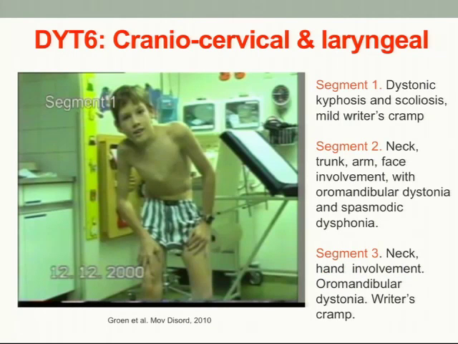As I mentioned, DYT1 would be a condition where you think of dystonia at onset in the legs. If the dystonia is at onset in the upper body, and it's going to be the trunk, actually the oropharyngeal, the cervical region, think of DYT6, and this is actually the most common of the primary dystonias, isolated dystonias that occur at this age. If it comes with spasmodic dysphonia and there is family history, you really have to think of DYT6 because that might then become the most important of the